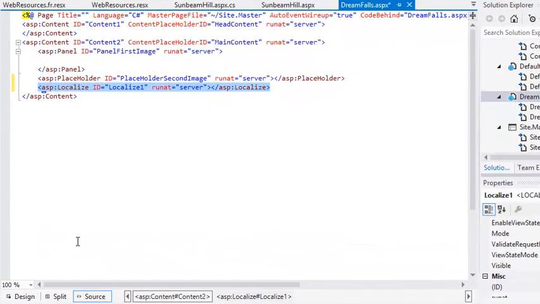Now set the ID property of the new Localize control to LocalizeDescription. Next, you're going to set the Text property of the Localize control to automatically retrieve the Dreamfalls resource from the resources files. Set the Text property with the following code: